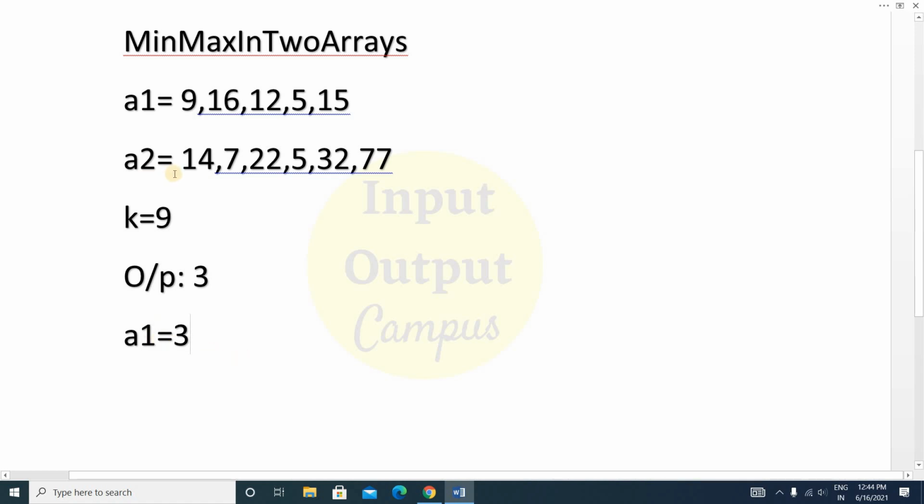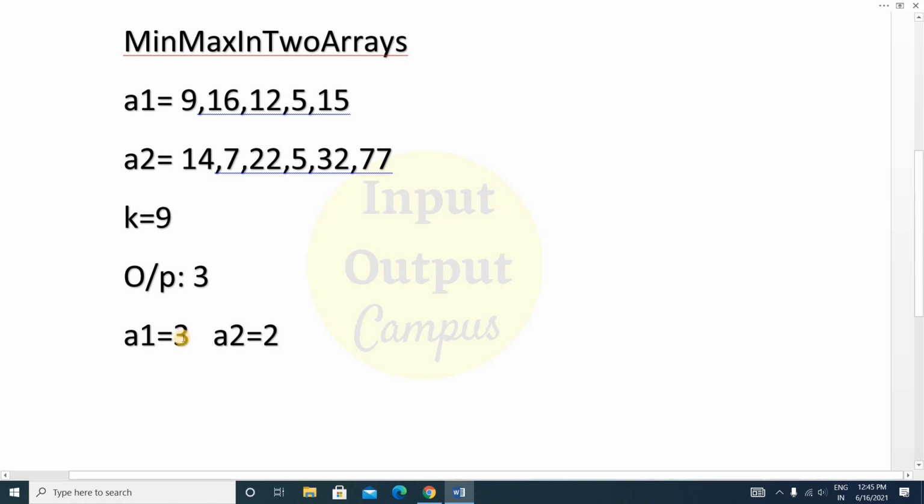For a2 you have to find the numbers smaller than this k, that is 9. Smaller than 9 in array 2: 7 is smaller than 9, 5 is also smaller than 9. So these two numbers are smaller than 9. So for a2 there are two such numbers.